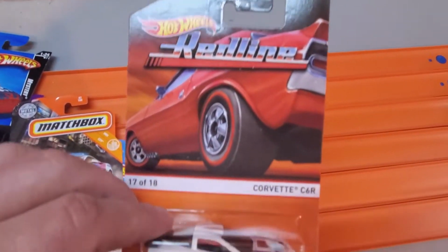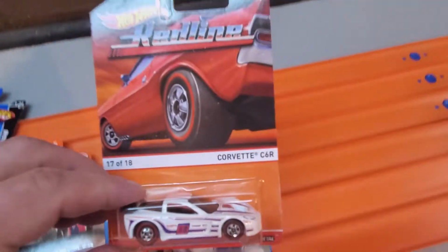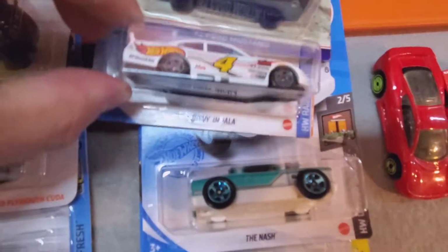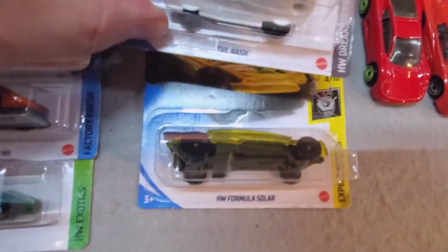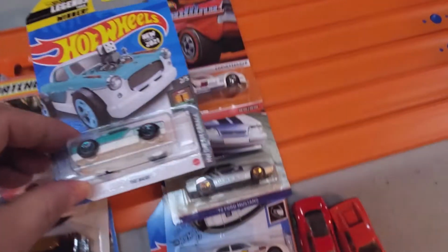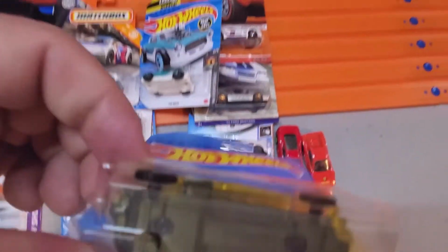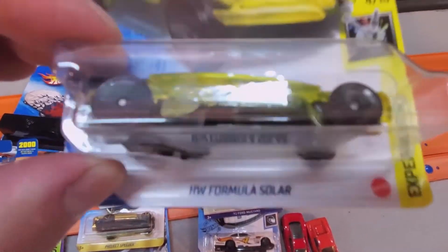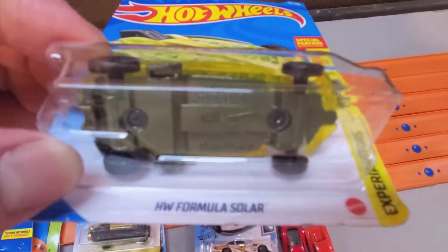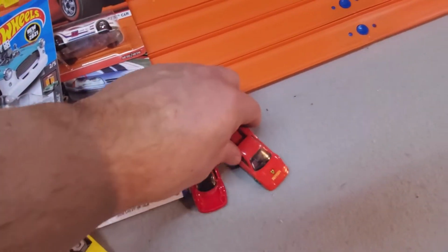We got one of the Redline editions, Corvette, middle base. It's heavy, nice car, should be fast. Got the 92 Mustang. Got a Chevy Impala race car here. Got a newer car here, the Nash. Pretty cool looking car. We'll see how fast he's gonna go. Let's see, we got the Formula Solar. When I picked this guy, because look how skinny those wheels are. Less friction, should go fast. Hopefully she rolls good. And lastly here, got